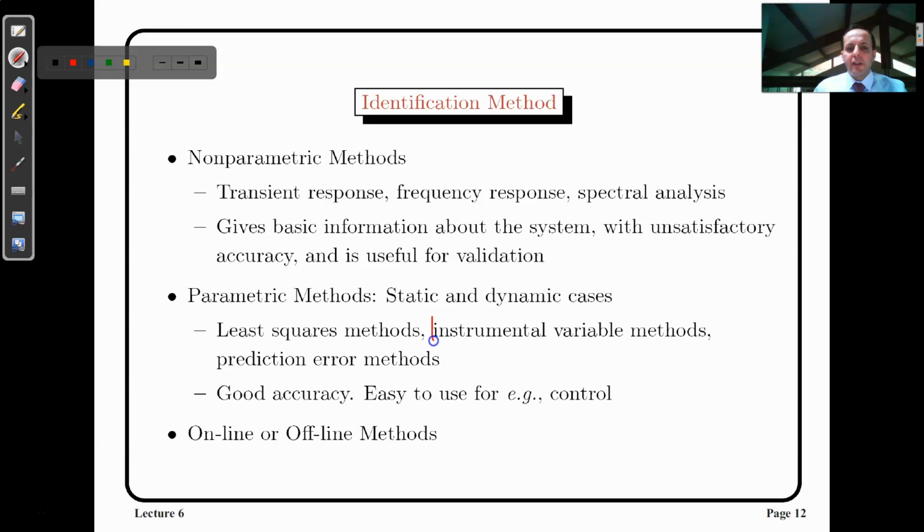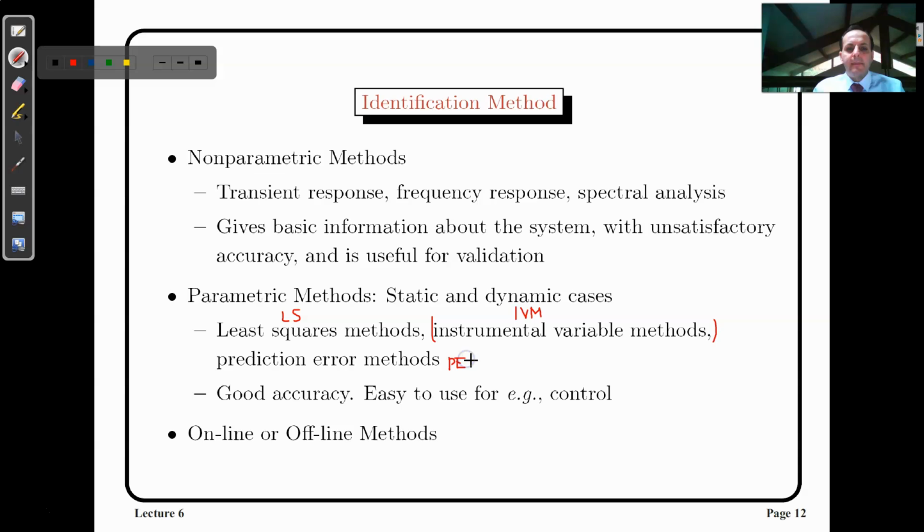We also just mentioned the instrumental variable method, indicated as IVM. IVM represents a modification of the least square approach, so in general it can be applied also to more complex models. But the best one is the prediction error method,